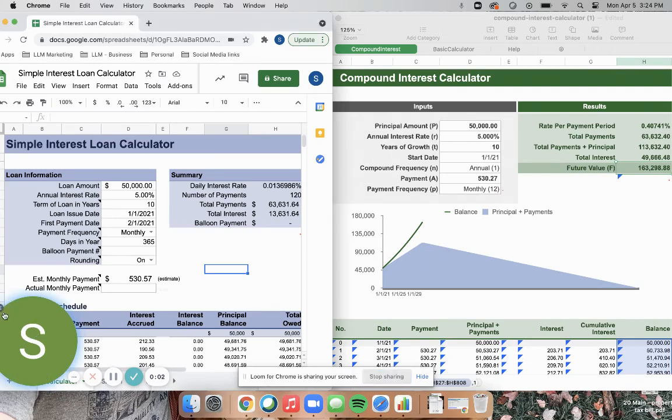Let's talk through the difference between simple interest and compound interest. Let's actually look at the numbers behind it as well. So let's take the example that we are going to have a lump sum in one of our policies. Let's say we have $100,000 in our policy, and we are interested in taking out a loan of $50,000 to